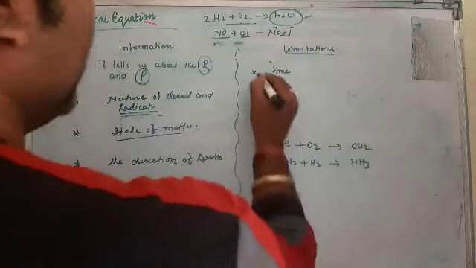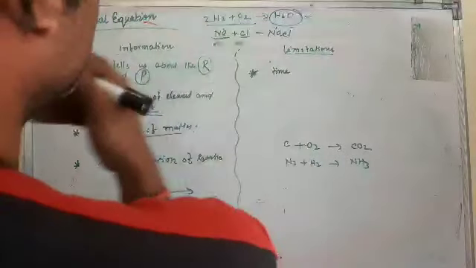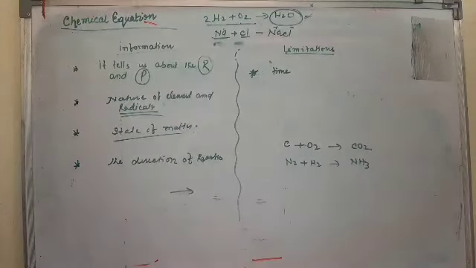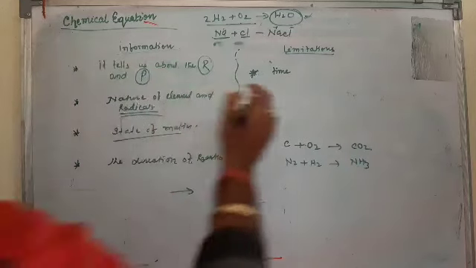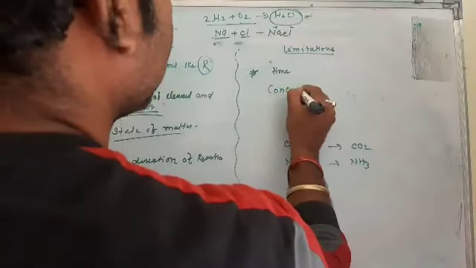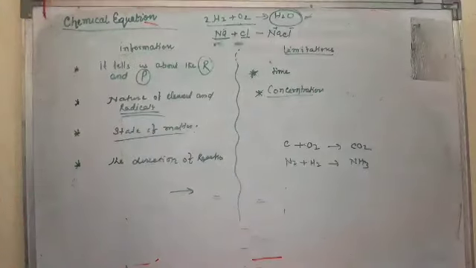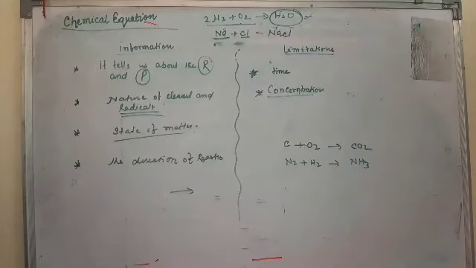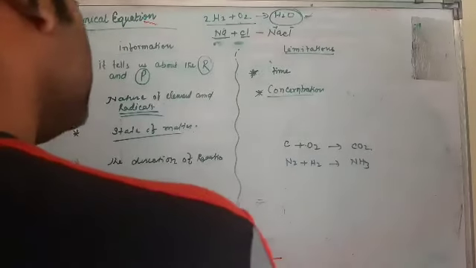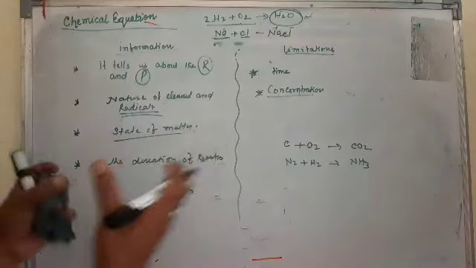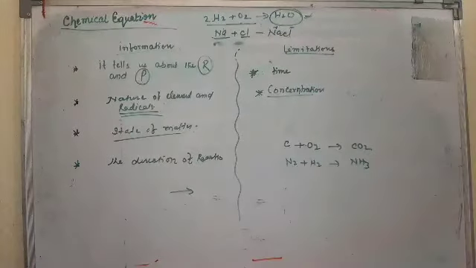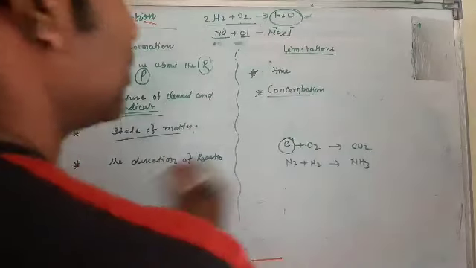Limitation, one is clear. So what about others? You can also make the limitation. What does the chemical equation not tell us? It cannot tell us about what? The concentration. You can say the concentration. That means both the reactants and products, how much density I take, very less or very low, the chemical equation does not tell. Carbon, what type of carbon you use?